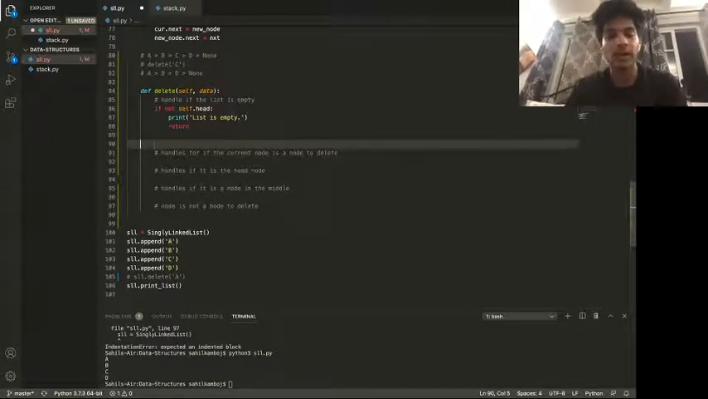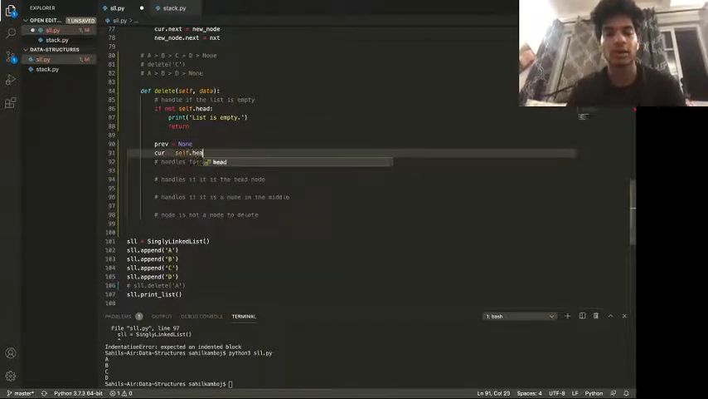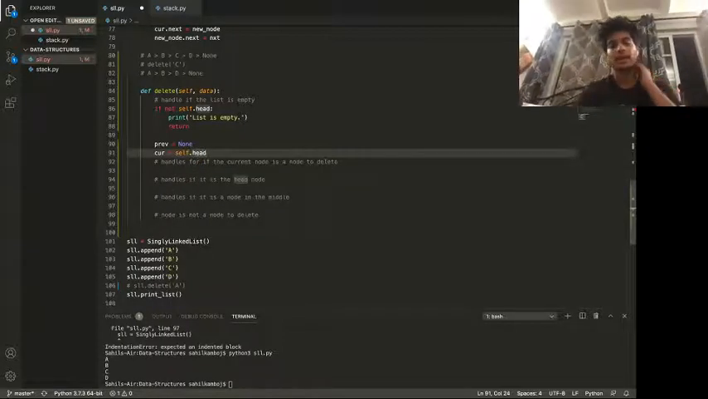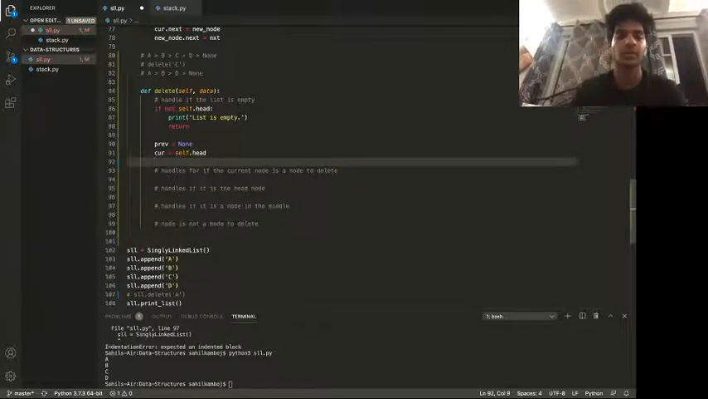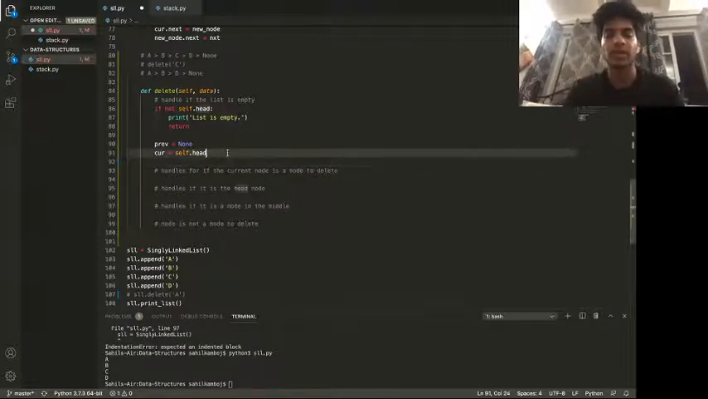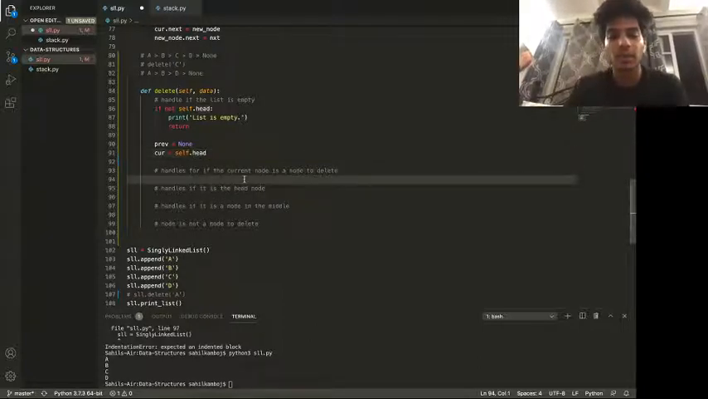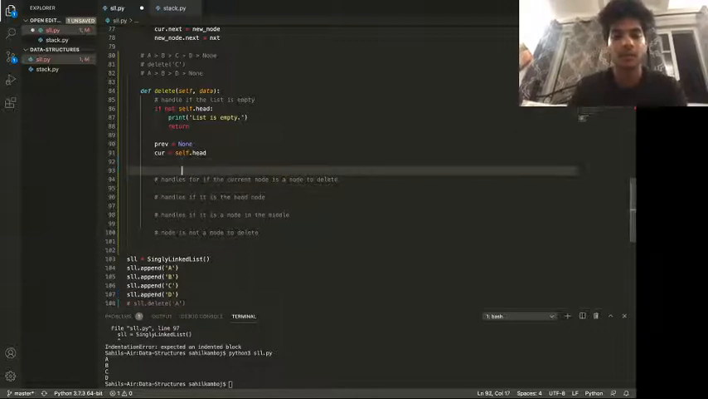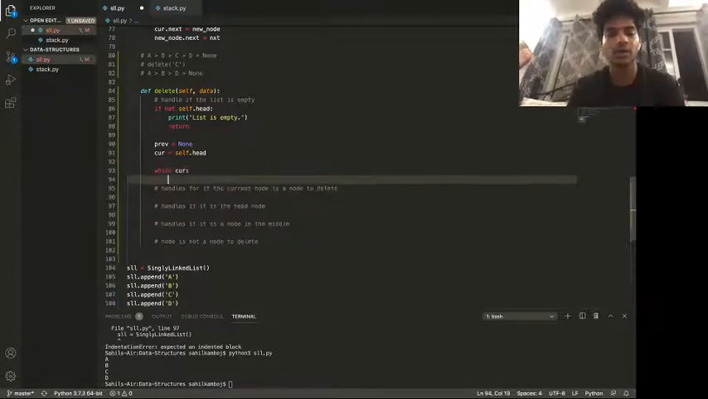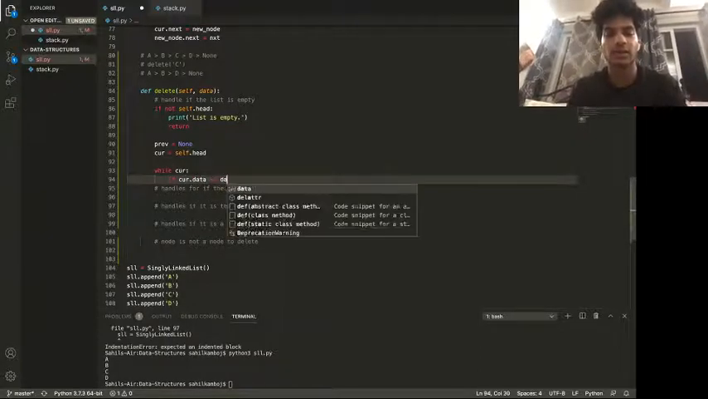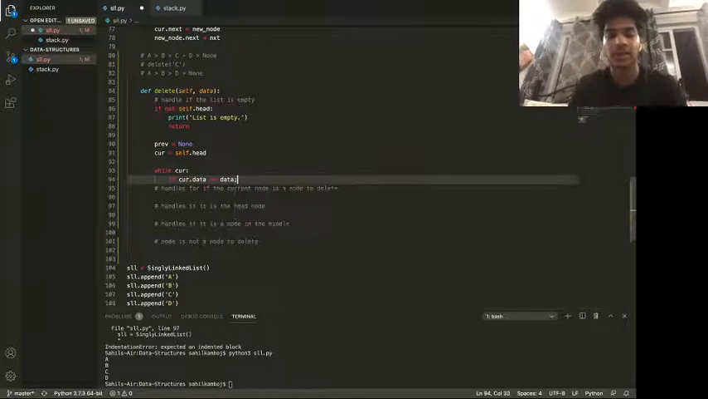In order to do that, we're going to say prev is equal to None, and cur is equal to self.head. This initializes our variables. The cur is self.head. The prev node is going to keep track of the node before the cur node. And then what we're going to say is while cur, so we're going to loop through the whole list while cur. If cur.data is equal to data, the data that we passed here,